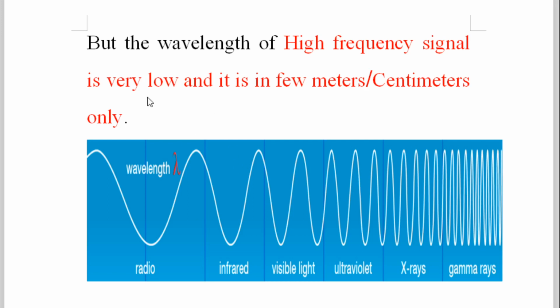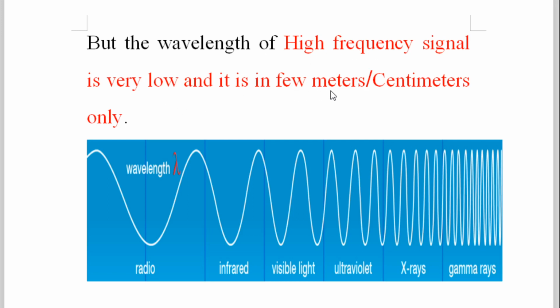So this is the relationship. Now here, the wavelength of a high frequency signal is very low, in centimeters or millimeters. If you're talking about a very high frequency signal, the wavelength lambda comes very low. Frequency is high, but the wavelength lambda is very low. Inverse relation between frequency and lambda, means frequency and wavelength. So in this way, this is the one idea which we have got, that a high frequency signal is having a